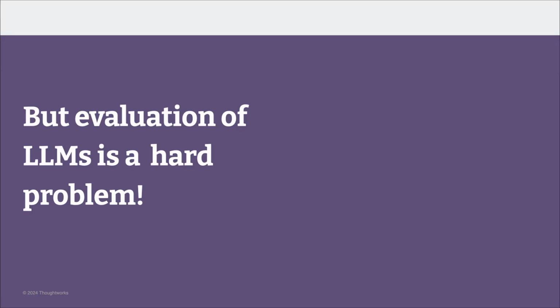Right, so you need evaluations. You need to have some sense of what your system is doing, and when you make a change, is it for the better, is it for the worse, is it improving some cases and making other cases worse? You need this measurement, you need this evaluation in place.